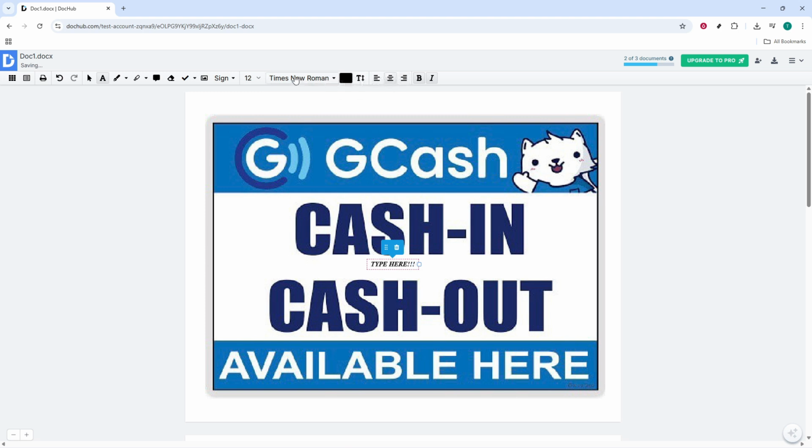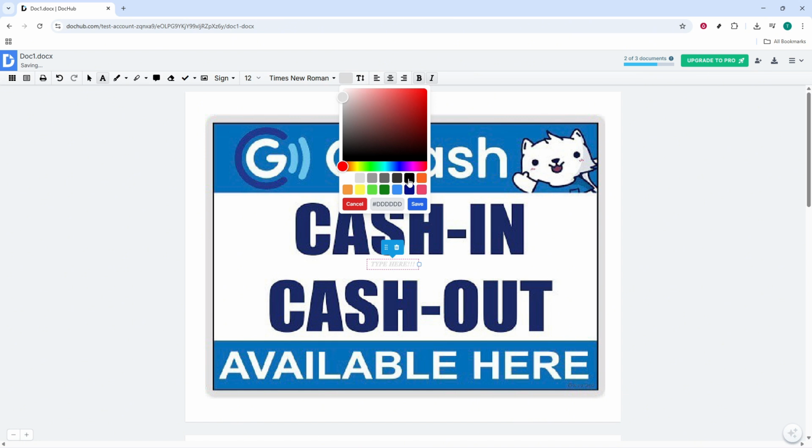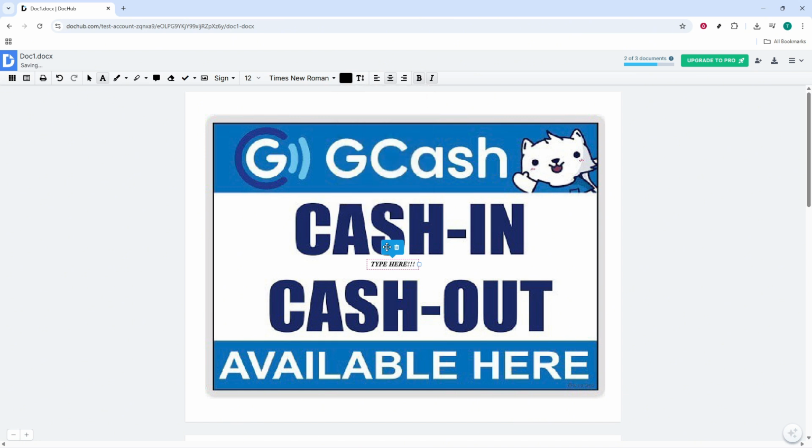To perfect the placement, click and drag the text box to move it, and use its edges to resize it so your text fits neatly. Aim for good contrast between your text color and the page, and try to match the document's style for a clean, professional finish. If you need text in several places, just repeat the same process to add more text boxes